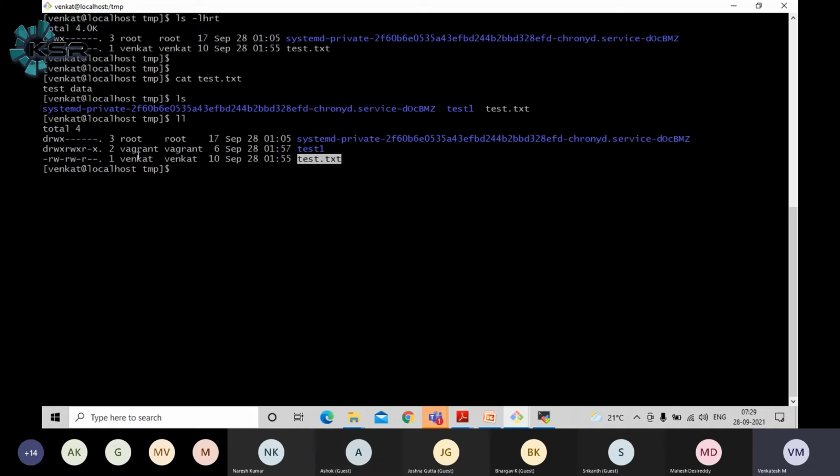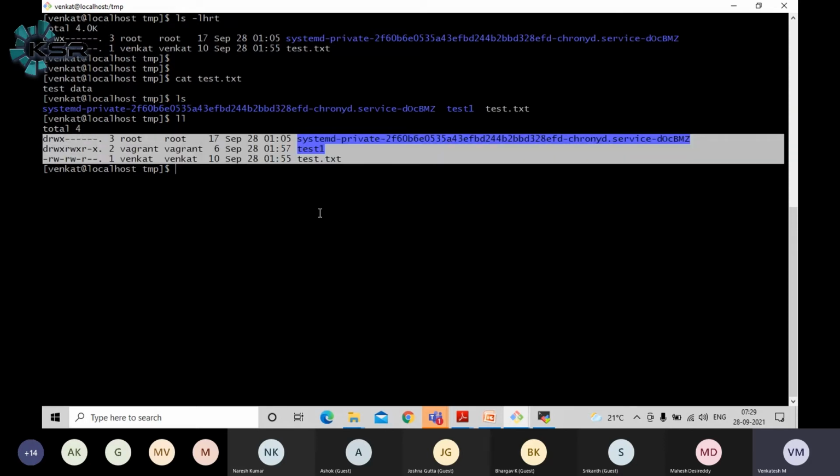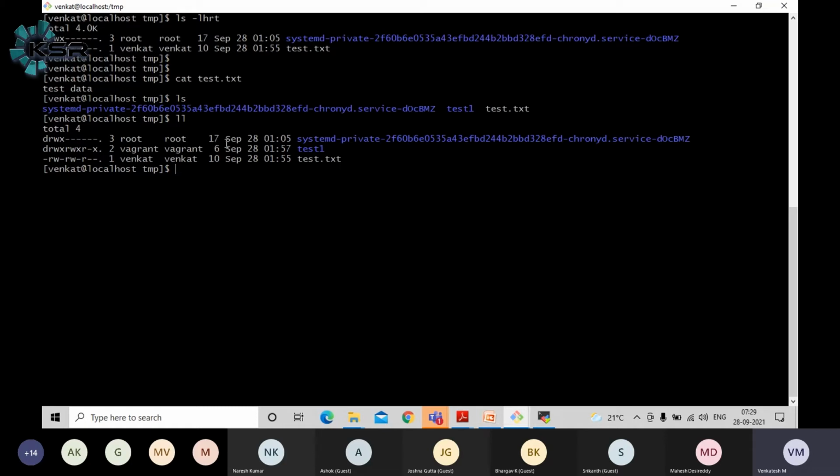That's where it is saying the username is Venkat and the group name is Venkat, and when the file got created. Similarly, I have a test1 folder. What is the size of the folder? All this data you will be able to see, including when the file got changed last time.